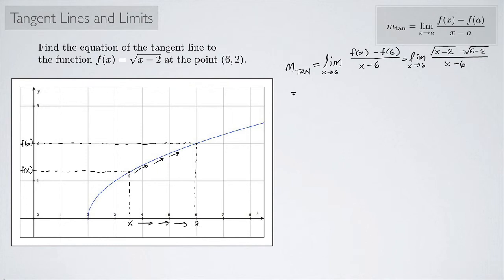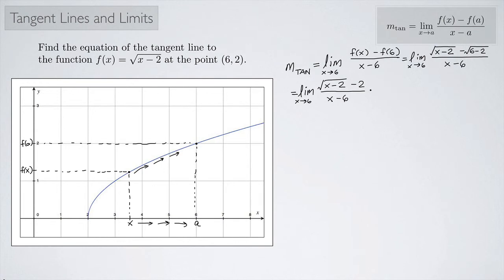Okay, and so this equals the limit as x approaches 6 of the square root of x minus 2, and then we have the square root of 6 minus 2. 6 minus 2 is 4, and the square root of 4 is 2, so this is minus 2 over x minus 6. If you plug in 6 here, again we have a 0 over 0 situation,